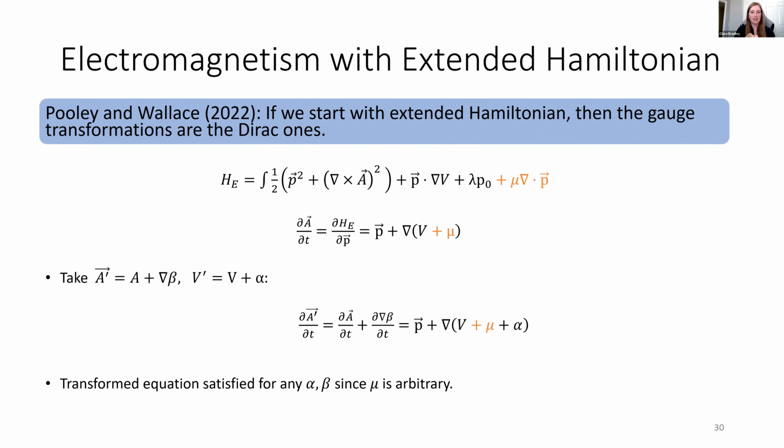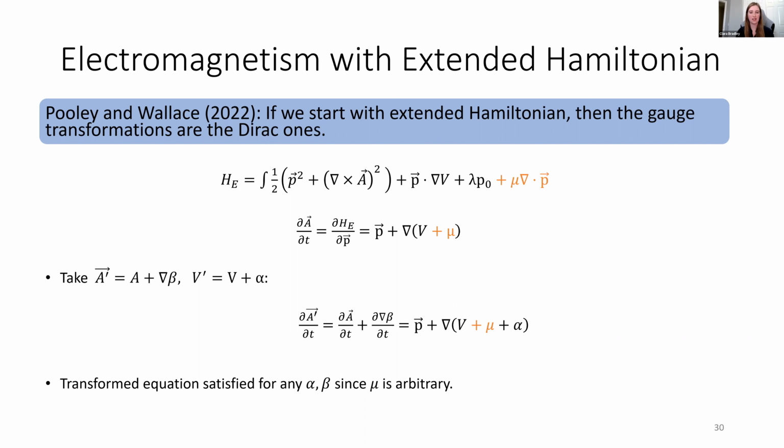So if we now consider the extended Hamiltonian, which just differs from the total Hamiltonian by adding some arbitrary factor multiplying the secondary first-class constraint, then this changes the equations of motion just by having now some additional arbitrary function in it. And now when we consider transforming the vector field A and the potential V by an arbitrary combination of the first-class constraints, we find that in particular, the transformed vector field A satisfies the equations of motion when the